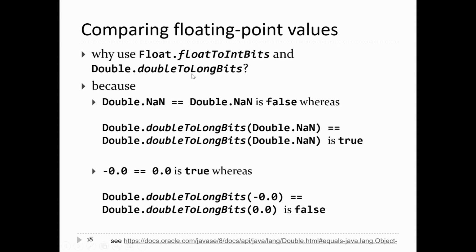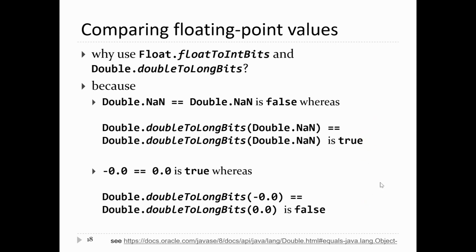There's another reason why you should do this. If you have two primitive values, then -0 equals +0 is true. But if you look at their actual binary representation, -0 and +0 are different. So in other words, they're not the same. If you run -0 through doubleToLongBits, and compare it to running 0 through doubleToLongBits, you get false. And so this is the behavior you want to capture,